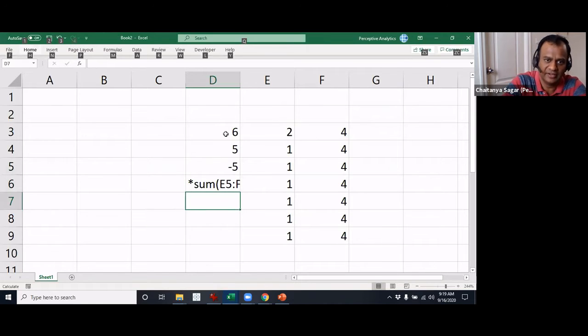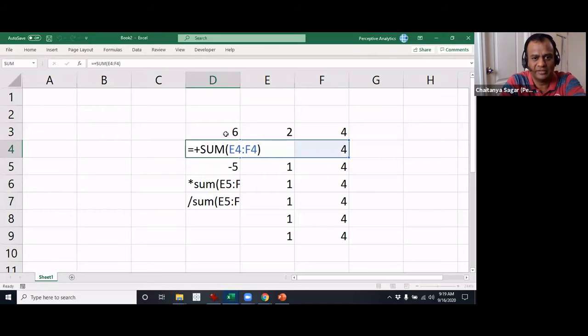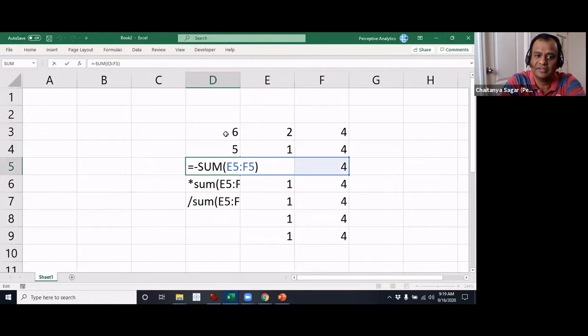Similarly, the divided by symbol. Actually I'm trying to type that, but typically when you do this, the menus will get highlighted. But let's do this, let's say sum, and let's do the same thing over here and see if it works. It doesn't work. So you could potentially use a plus or a minus, and then the formula will still go through. Why is this useful?